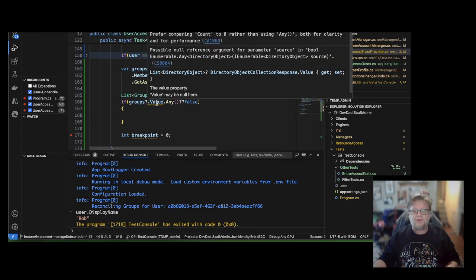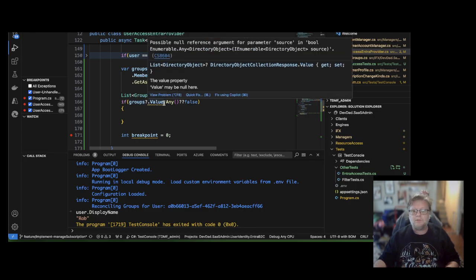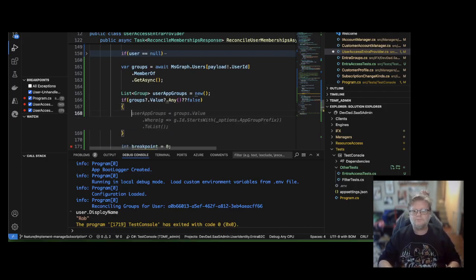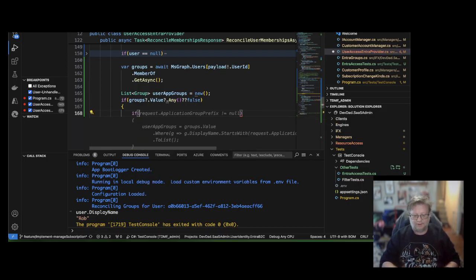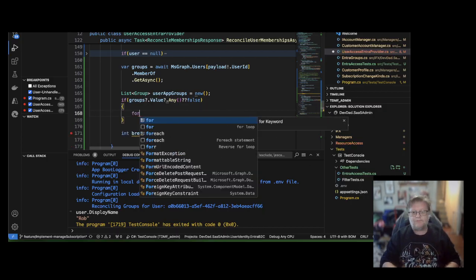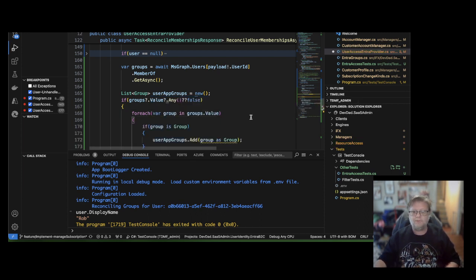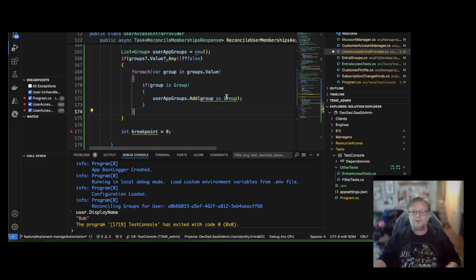So if groups.value, as long as we have some groups, user app groups, if, for each var group in groups.value. If group is group,